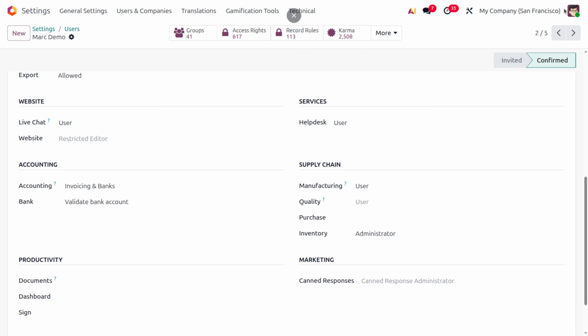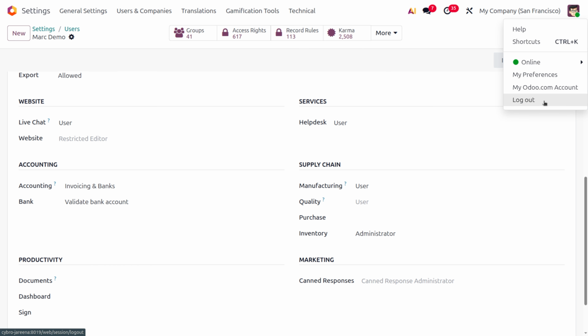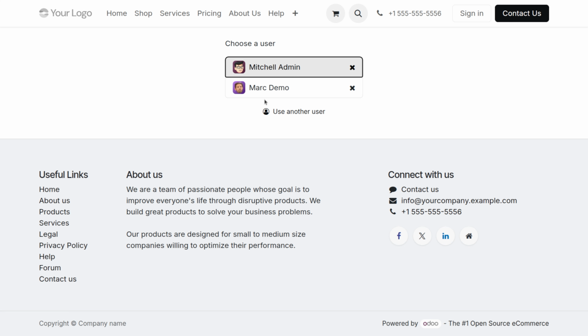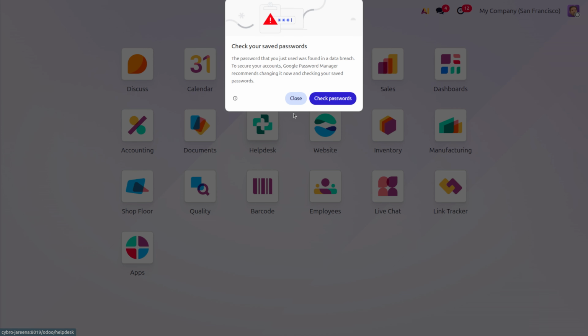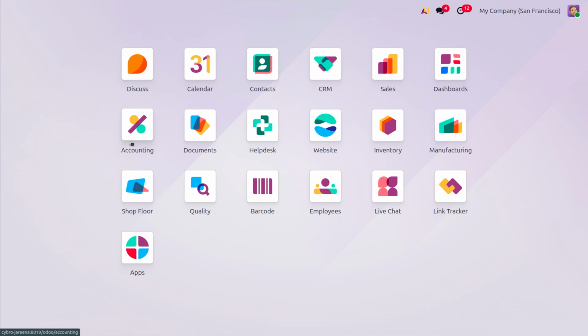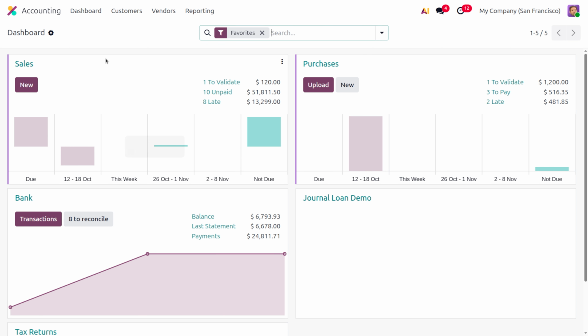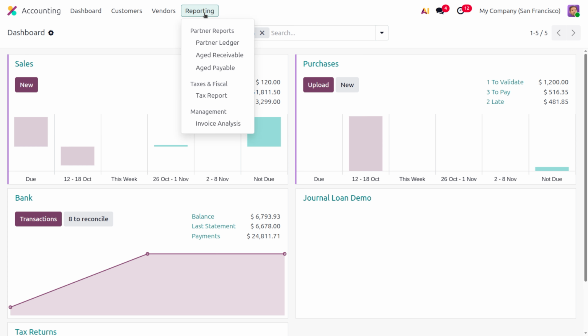And here in the Mark Demo login, you can see that upon moving on to the accounting module, if you just choose Invoicing and Bank, the user will not have the privilege to manage the review, configuration, and settings of the accounting module. He can manage the customer creation, vendor creation, as well as the reporting, and not every report, but the partner